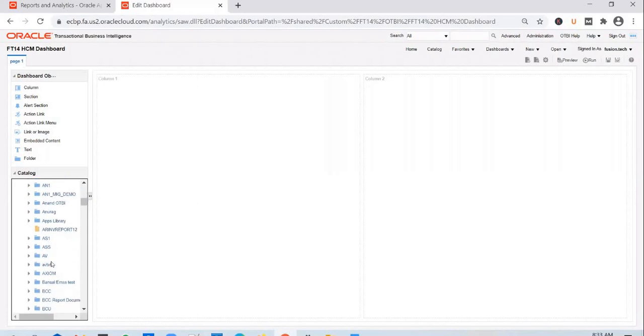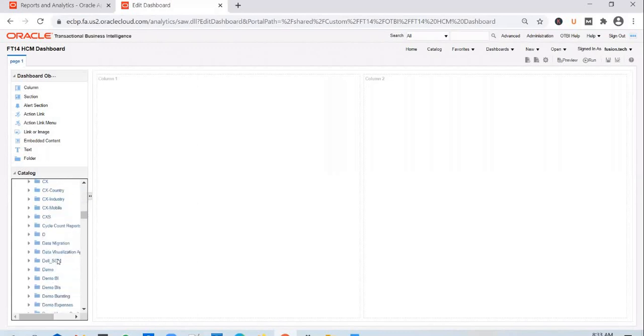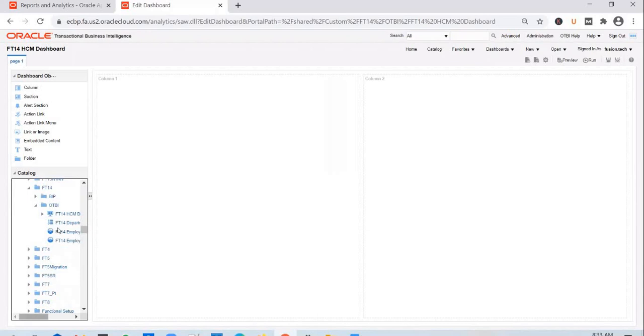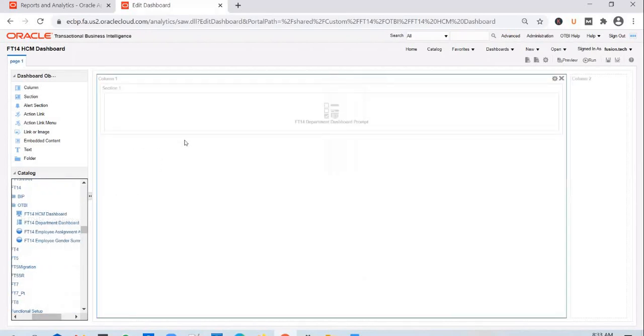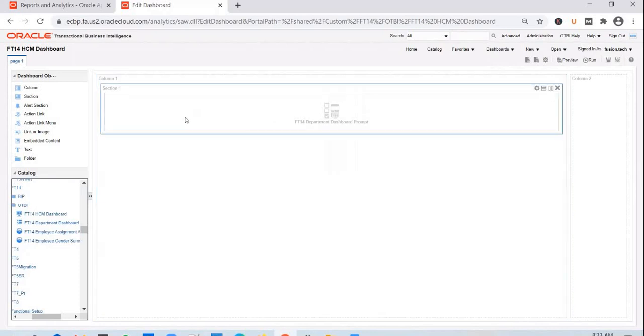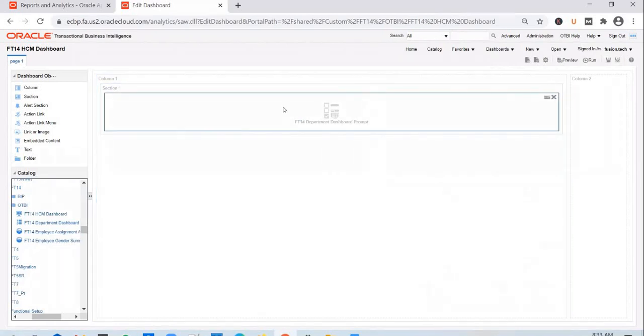Go to the folder where you have saved your dashboard prompt, and you can include it. So expand FT14 OTBI, and you have the dashboard prompt, right? Drag and drop it onto the column. That gets added like this. A section gets automatically added and a prompt gets added.